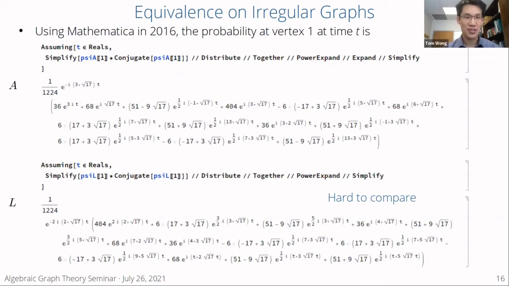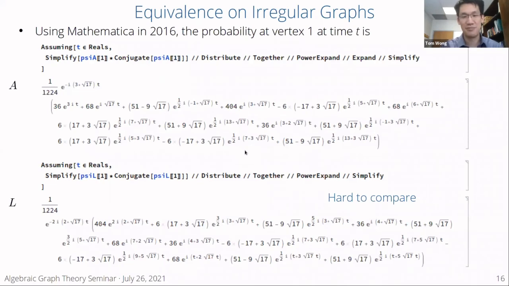And if you look at them, they're kind of hard to compare. For one, they have different overall phases that Mathematica has factored out. And then the ordering here is not the same as this ordering here. And it's just a mess, right? It's not immediately obvious. You'd have to actually manually go through and compare each element and tinker with it. And also these are the probabilities at vertex 1 with each quantum walk, so both of these should actually be real numbers. And we see that Mathematica has still left it at these complex exponentials. So you might want to write them as real expressions.